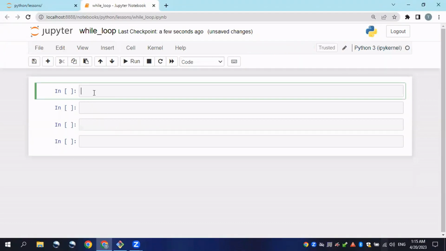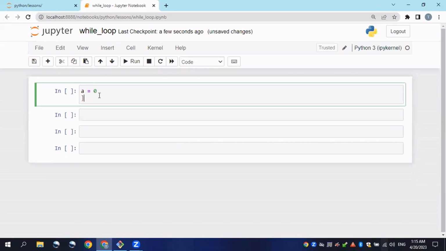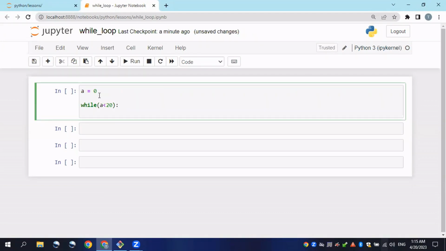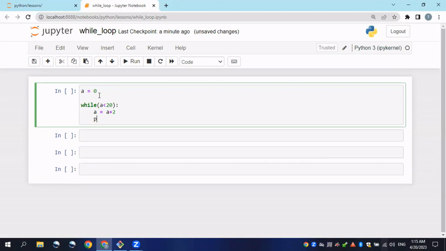Compared with the for loop, before creating the while loop we first initialize the variable, then we give a condition and then increment it. Let's do it in practice. First we will assign the variable a equals 0, then we will type in the keyword while, and inside we will put the condition, like a less than 20. This is just an example. Then we increment it, a equals a plus 2, and then we will print it out